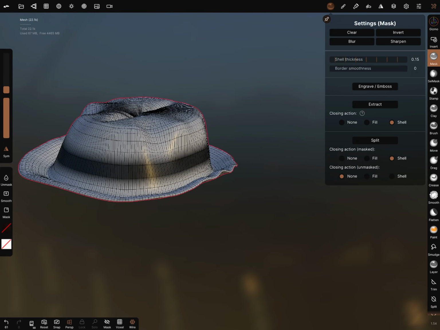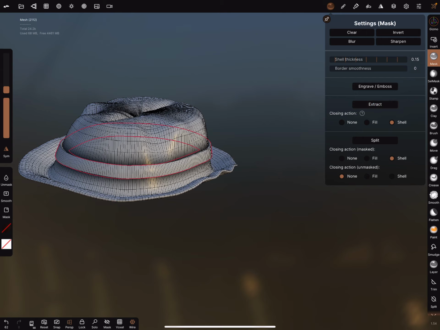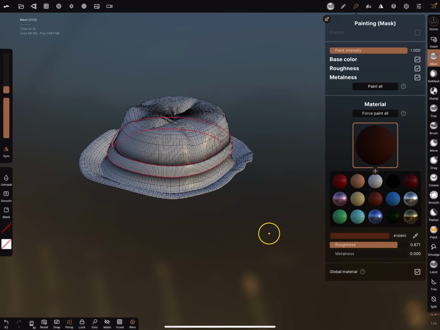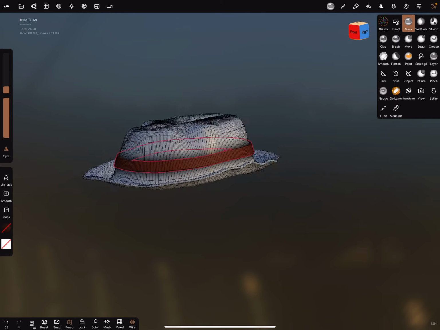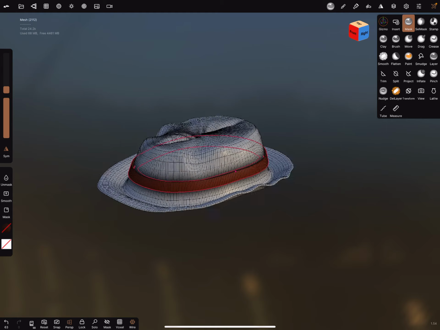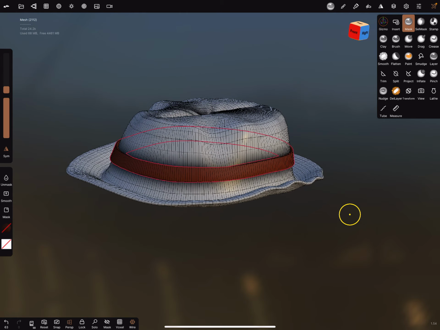And we can also extract it and give it another color. For example, this color. It's a little bit a gaudy hat, but it's okay.